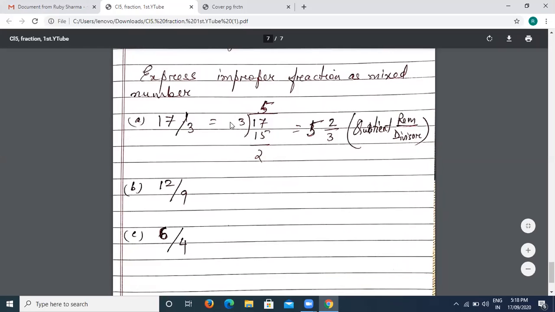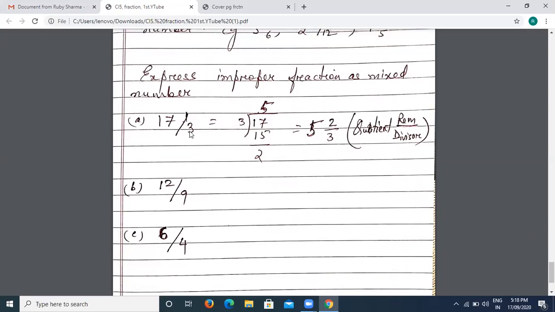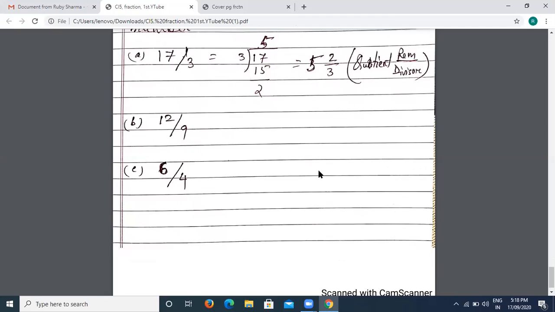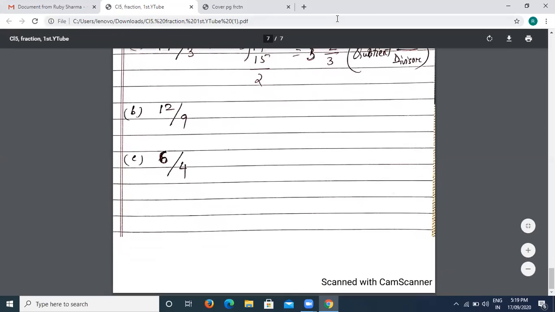Here, if you take a chocolate and divide it into 3 parts, or take a rectangle and divide it into 3 parts, in one rectangle you'll get 3 by 3. In the other one, you'll get 3 by 3, 6 parts only. Then here you'll get 9 parts. So I think you'll need 5 rectangles, then only you'll get 15. And from the last one, the 6th rectangle, you will take 2 parts out of 3. So do these 3 by yourself, children. That's all for today. I hope it's clear to you.